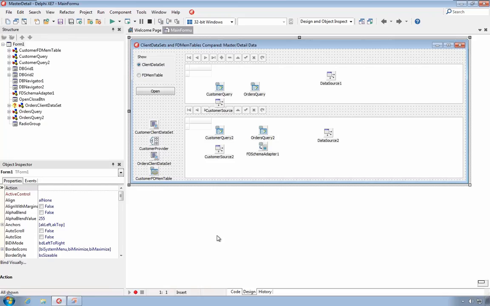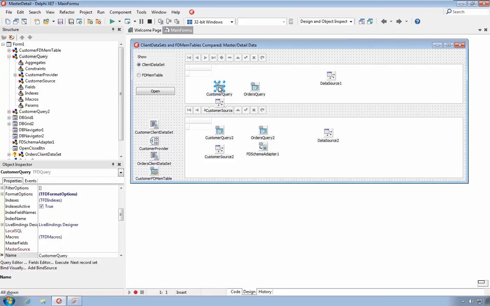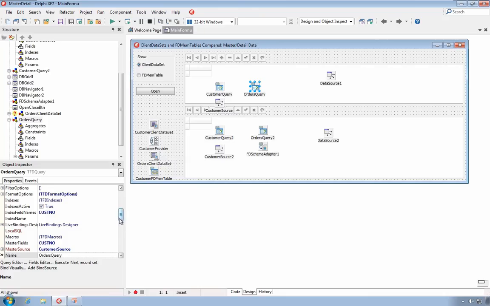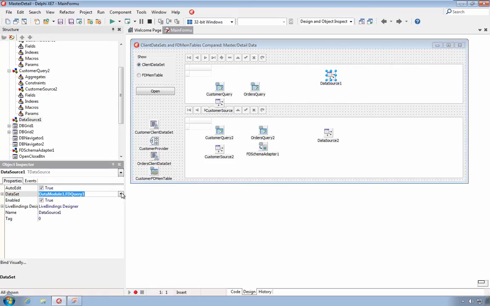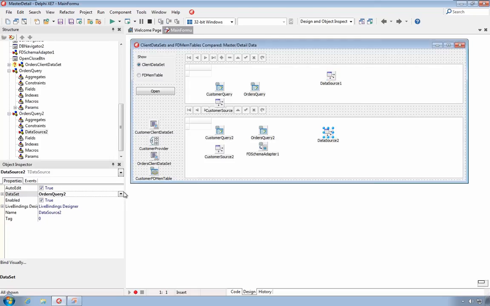Okay, this project also has that same data module. So I have my connectivity interface here. Here I have a FireDAC query that is the master table of a master detail relationship. This orders query is using the master source and master fields properties in order to link and produce a master detail relationship. If I take data source 1 and point it to customer query, and then take this one and point it to the orders query,